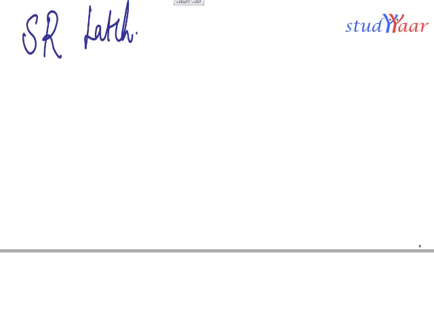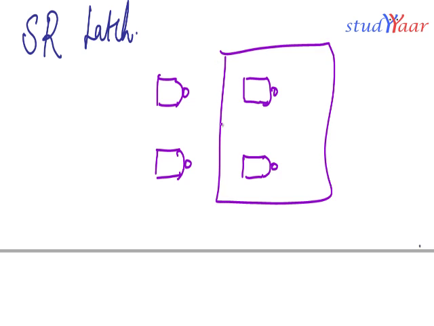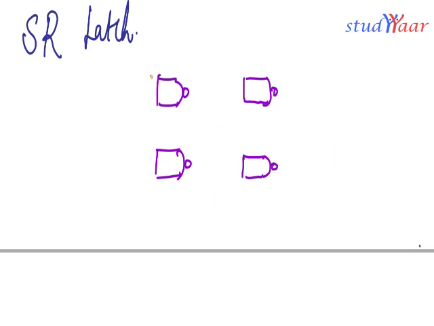My SR latch looks like this. It has 4 NANDs. So this is my one NAND. This is my another set of NANDs. Now let's see what this is. The first half, this half is similar to your bistable element. So you have an output,